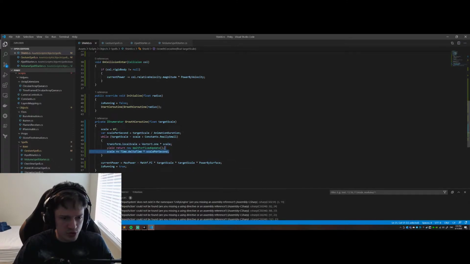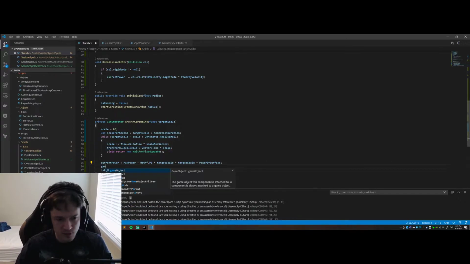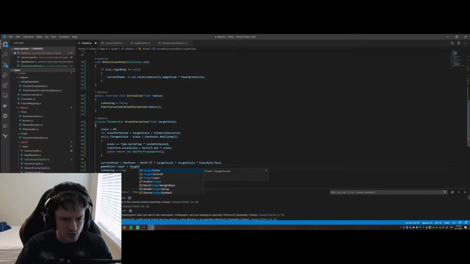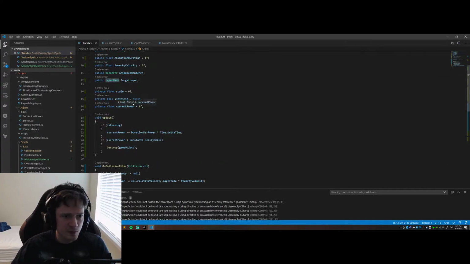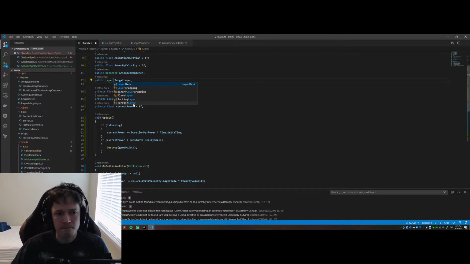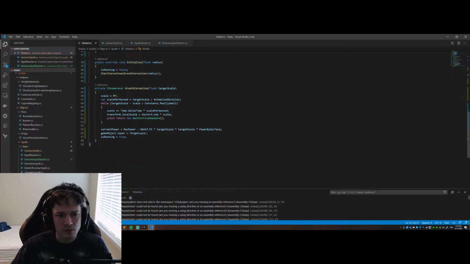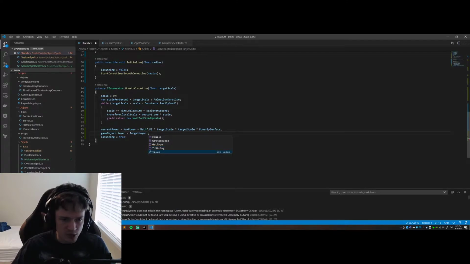I also should have done this way. Then layer equals target layer. This should not be layer mask. It should be sorting layer, terrain layer, layers mapping. So the problem is that this will not work because target layer is bit mask, but